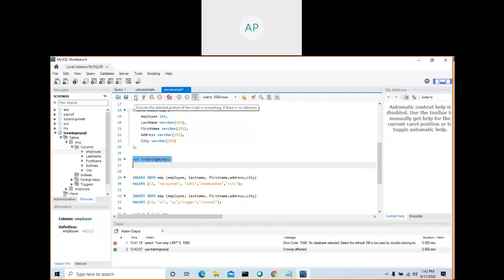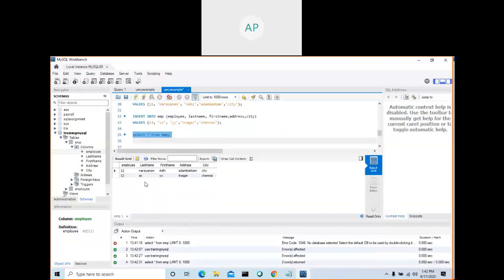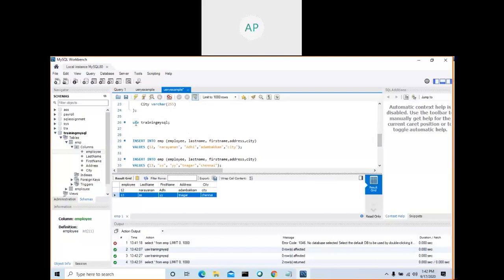Training, training MySQL. That is very important. Inform the Workbench to use this database. Okay, then you run the query. So if you get no database selected, then you didn't execute the use query. When you opened yesterday, you used it. Every time you open your Workbench, you need to run this one. You need to inform which database to use. Run this one. Okay, now run this one, select and run. See, you got the result. So that's very important. This use command is very important.